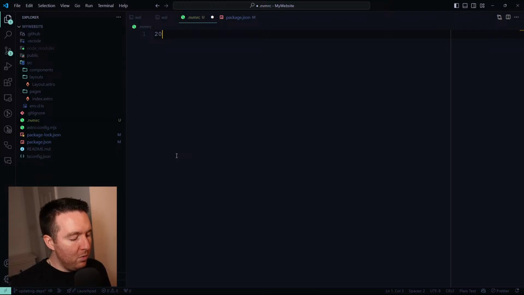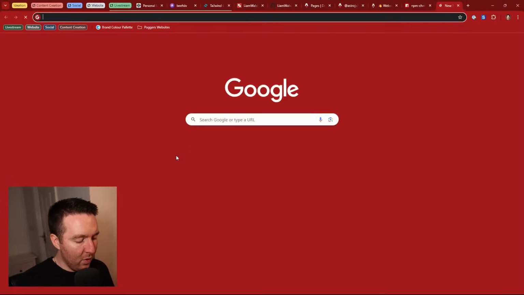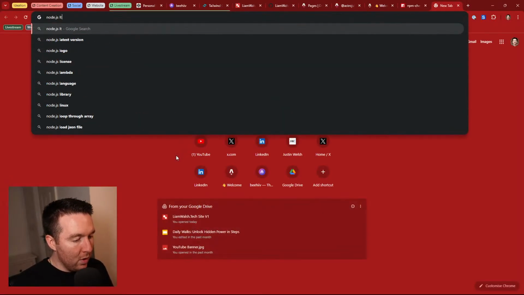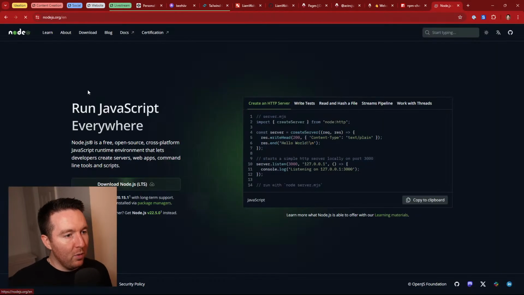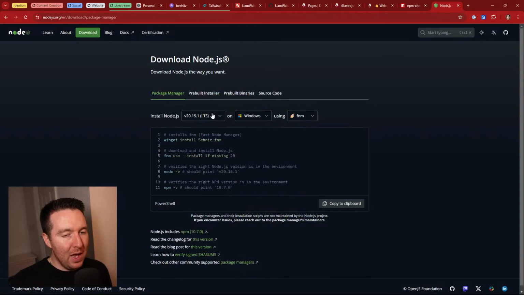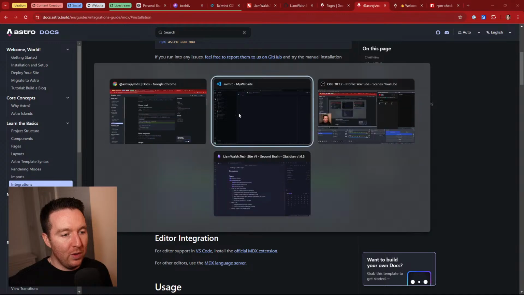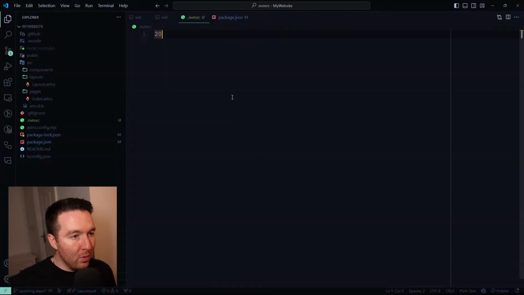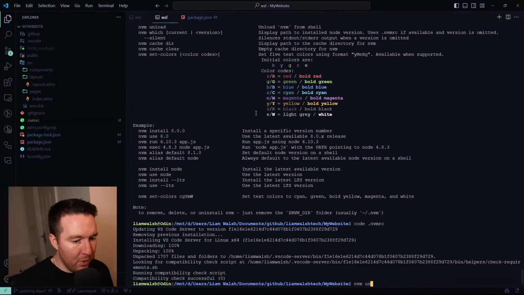So we want to be, what's the latest of Node? What's the latest stable release that everybody's using? It's LTS 20, I think it is. Yeah, it's looking like it is, so we'll go with 20. So if we go nvm use,